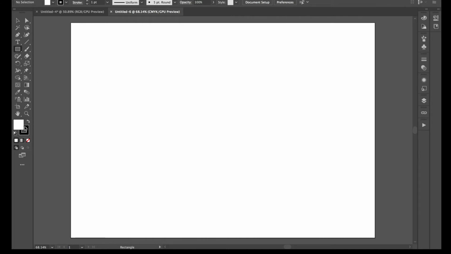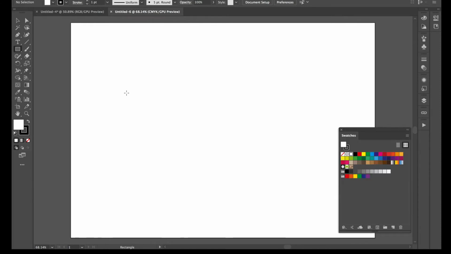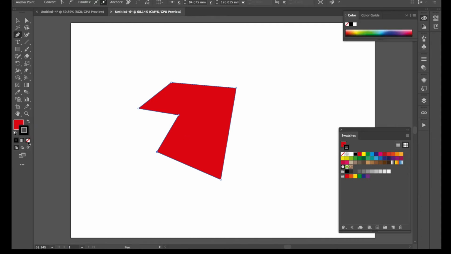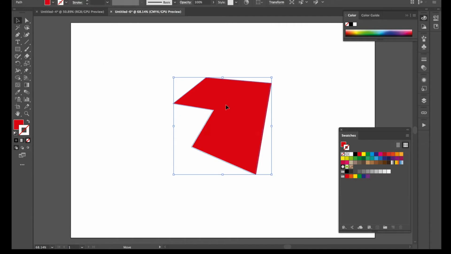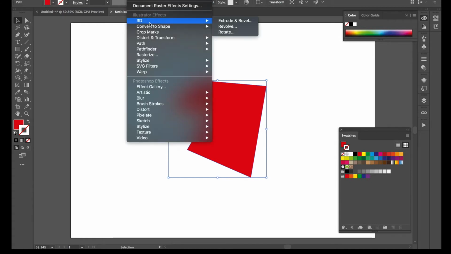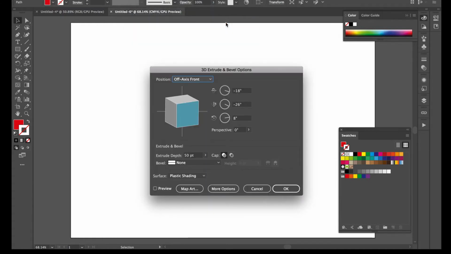So we can start very quickly by drawing up just a free form shape using paths. What I'm going to do is create just any kind of polygon there, and I'm going to colour that up as red. Take the stroke off. Okay, so here we go, there's my shape. Very, very simply, all we need to do here is go onto Effect, 3D, Extrude and Bevel, and that